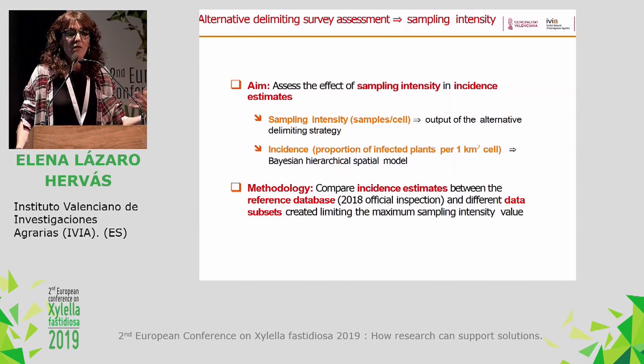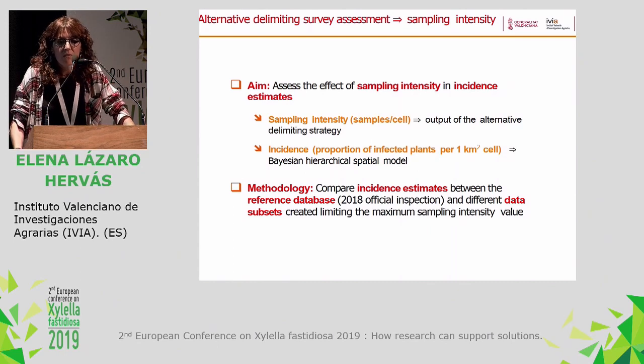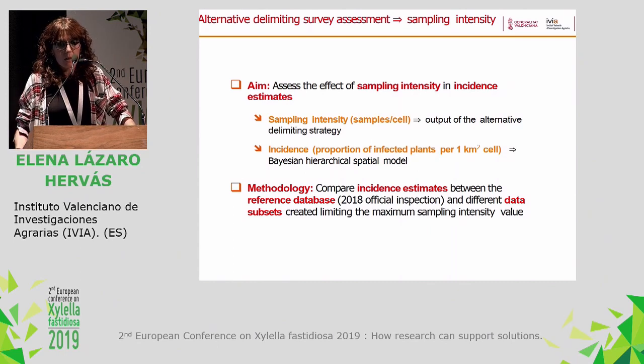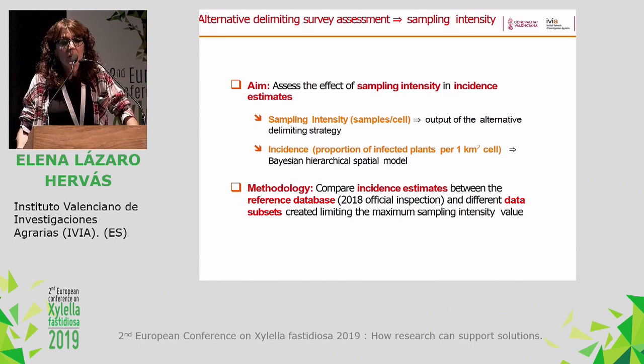Incidence, defined as the proportion of infected plants per 1 kilometer square cell, could be a derived quantity important from an epidemiological point of view, because it can give us information about the abundance of Xylella disease